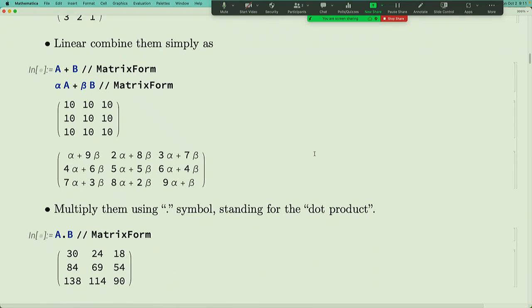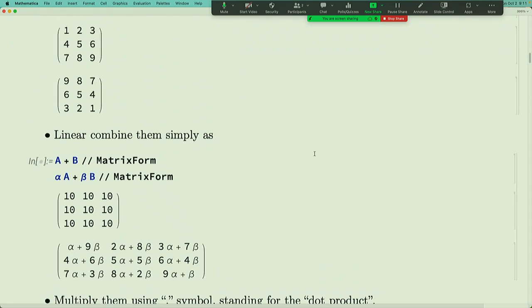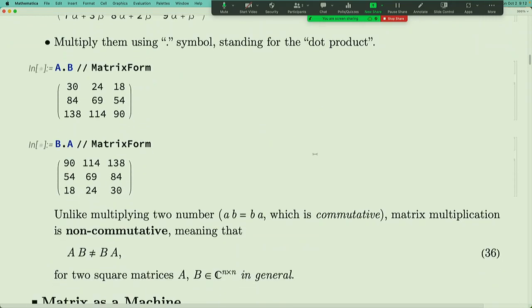And in this case, if I let you look at A and B again, if you add these two matrices together, it turns out that every matrix element is 10, right? It's obvious. And then you can also multiply them by alpha and beta. The nice thing about Mathematica is that you don't need to substitute numbers into every symbol. Sometimes you can work with abstract algebraic symbols, so it can also give you symbolic answers for this linear combination of two matrices. And if you want to multiply matrices together, what you need to do is A dot